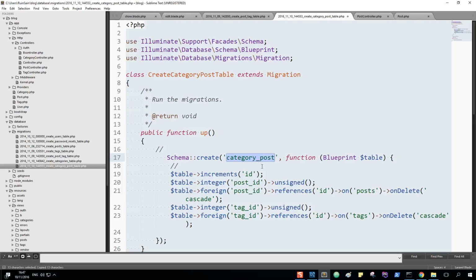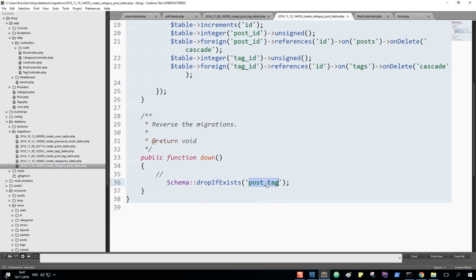Let's in this integer, the ID of this will be table for the integer. The post ID is unsigned, table foreign, post ID will be on posts, and category ID,